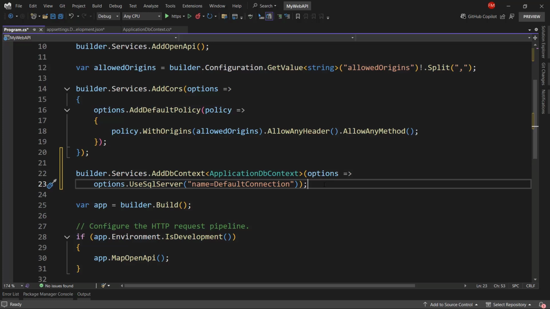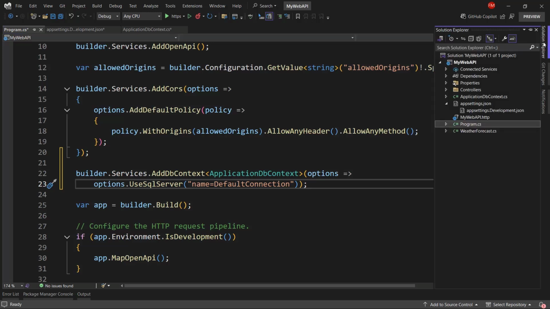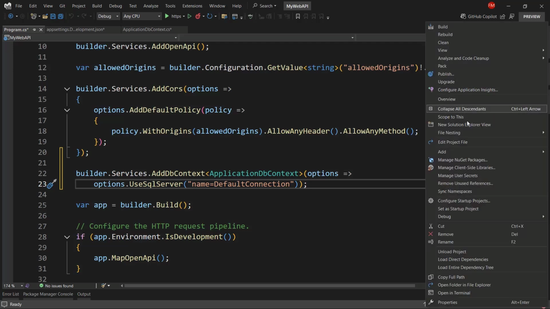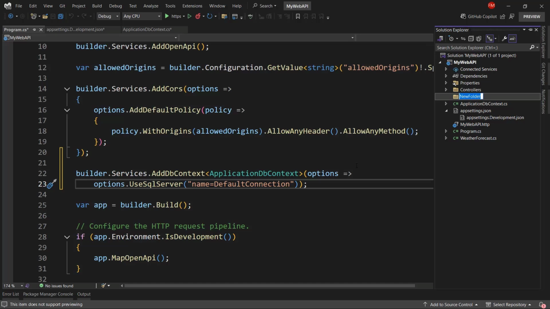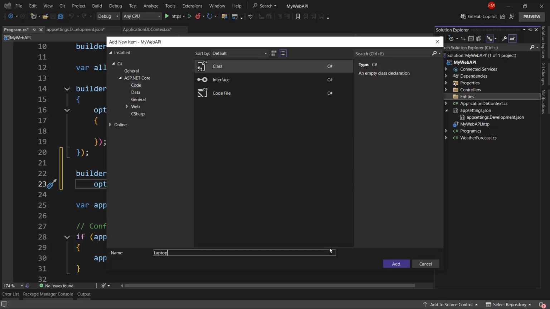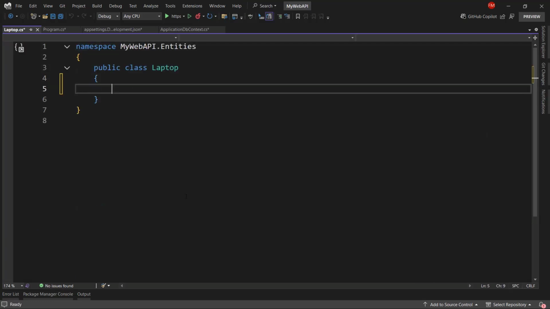Now I need to indicate what is going to be the tables of my database. So as I was saying before, we're building a laptop store, so I want to create a laptop class that will represent a table or a record in my database. So let me come here and I will create an entities folder. An entity is basically a class that represents a table in a database. So entities, right click, add class, I'll call it laptop, and in here I can have as many properties as